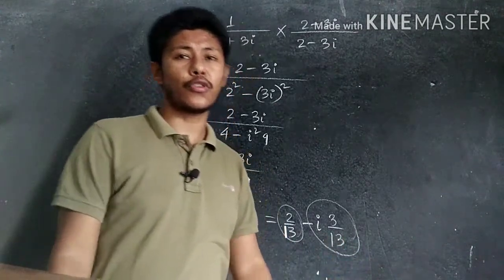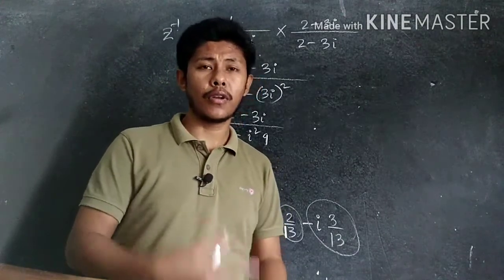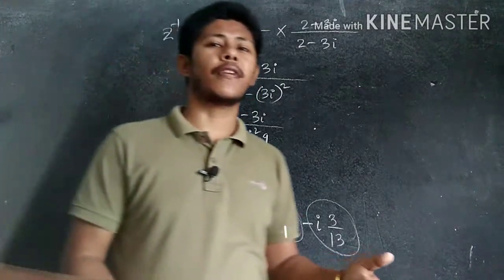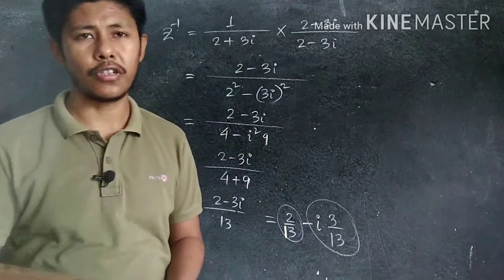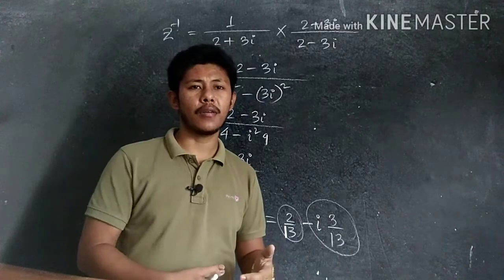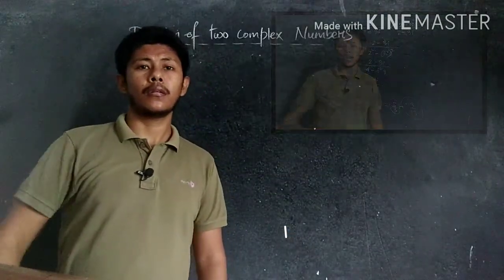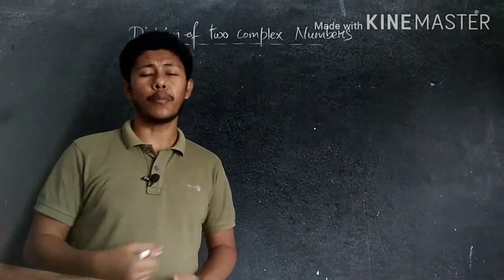Later on, we will discuss more questions here. So this one is the process. Is it clear? So today we discussed the multiplicative inverse, multiplicative identity, associative, closure, and commutative. Then after that, next comes the division of two complex numbers. Is it clear? So now next one is the division of two complex numbers.